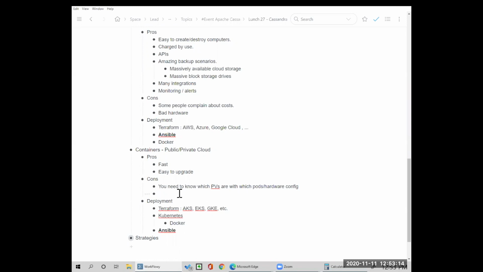So again, a lot of these things are getting worked out in the community, but the other con is that everything is behind the kubectl command. And if you're used to just SSHing in and doing multi-SSH against many different nodes in a cluster, that's not as easy. You have to work around those things. But honestly, I don't even think you should be worrying about it. If you're doing Kubernetes properly with Cassandra, you really shouldn't have to do that. Your kubectl commands or your Ansible commands should be doing all that for you.